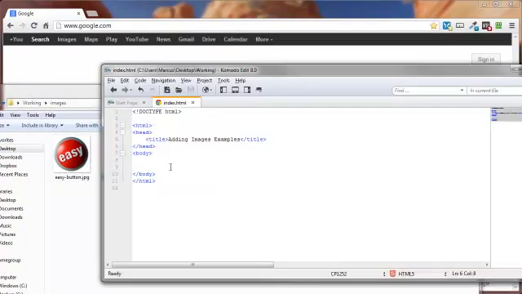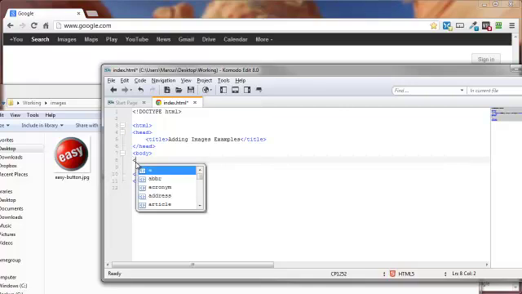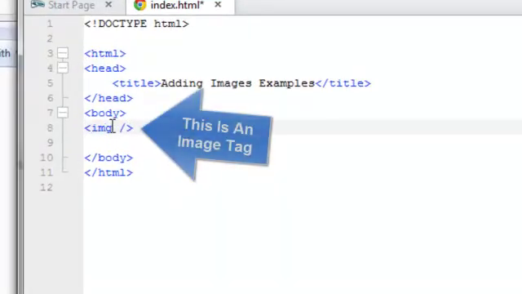Now this is my editor here, the Komodo editor, and what we need now, somewhere between the opening and closing body tag, is the image tag, and this is a single tag. In other words, there's not going to be an opening image tag and a closing image tag. It's all kind of wrapped into the same thing. Let's go ahead and put in our opening bracket, img, space, and then the closing part of our image tag, and that's it. Now this alone is not going to do anything for us as far as adding our images,